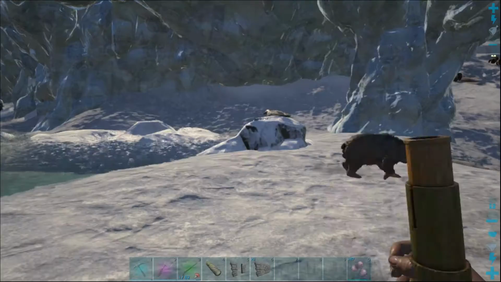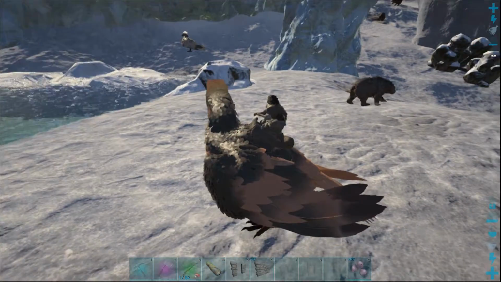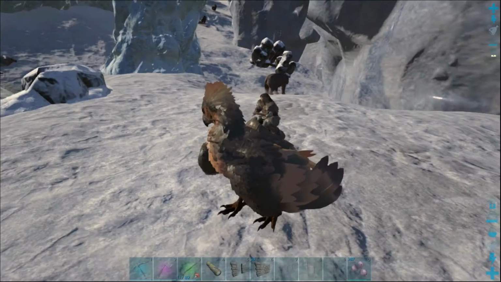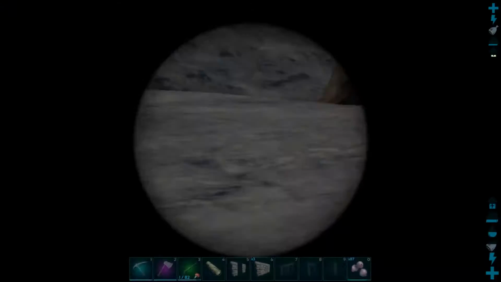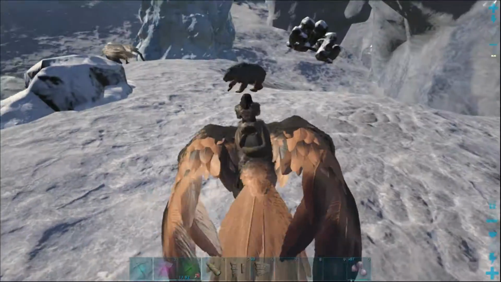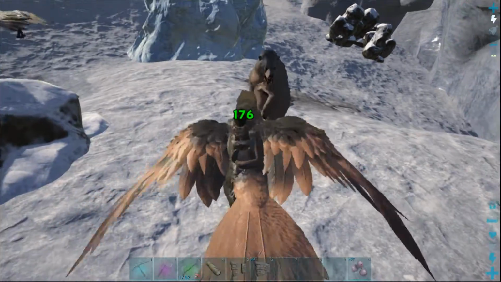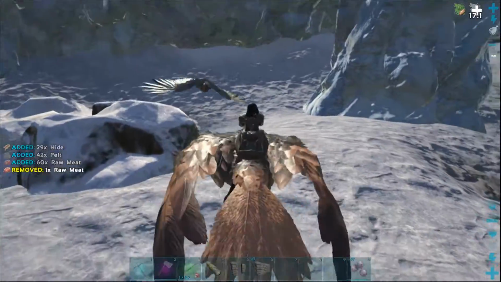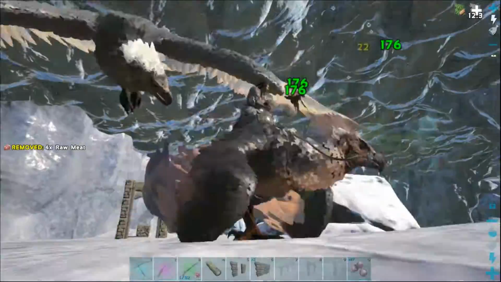What level is this Argentavis? 241 female, but she's white. She's pretty. If I wasn't here for the dire bear, I'd be willing to attempt to tame her. I found a pretty good method last time using Pterodon as my guy. But Saljane here is 241. And while that one does have pretty colors, I need to start my dire bear breeding. So she's going to come over here, and I'm going to actually kill her. I know that's sad, but